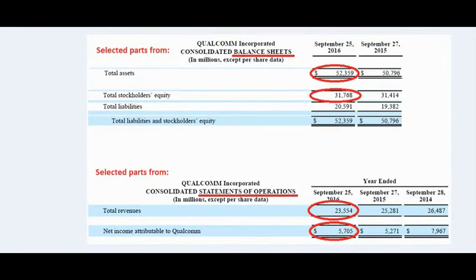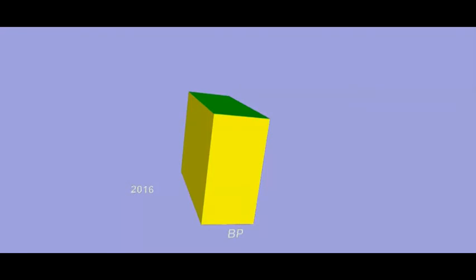And in the annual reports, values are found for the balance sheets, especially total assets and the stockholders' equity, sometimes just called equity. And there's also a profit and loss statement or statement of operations showing, for instance, the revenue and the net profit. From these values,